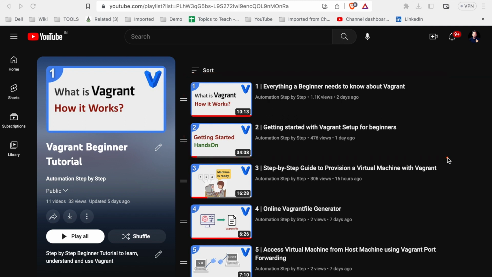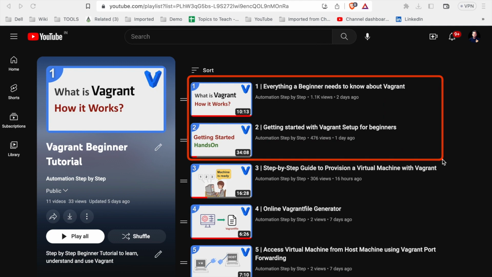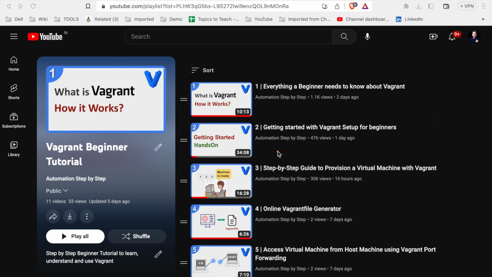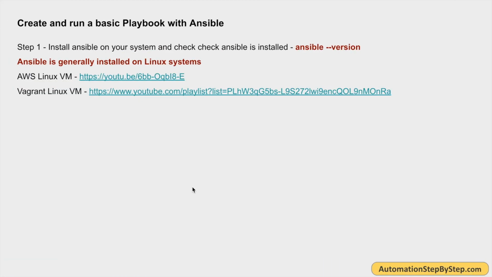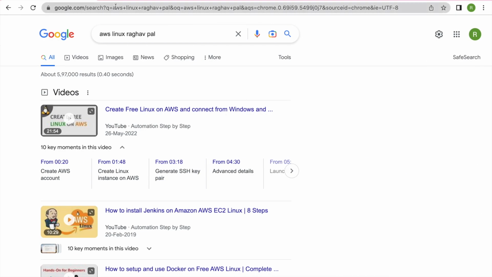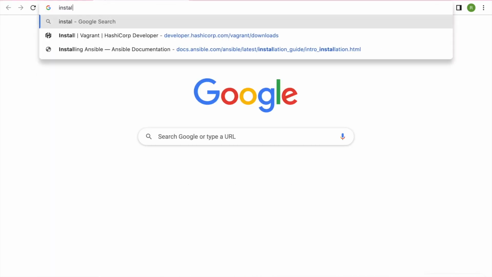Within 30 minutes you will be able to use Vagrant and you can create virtual machines. So if you watch the first two videos, you will be able to create virtual machines with Vagrant. So this is very easy. You can follow any of these, and if you have any other option for getting a Linux machine, you can use that. And also to install Ansible,